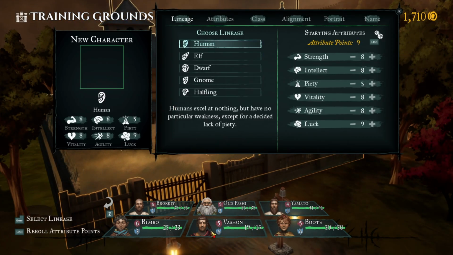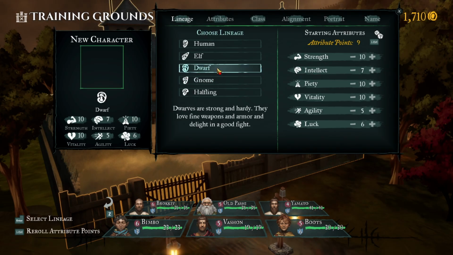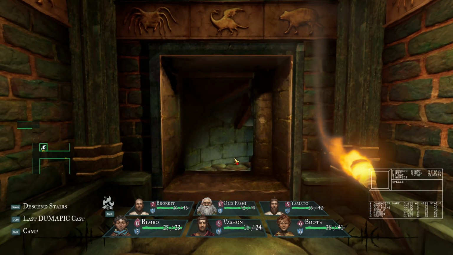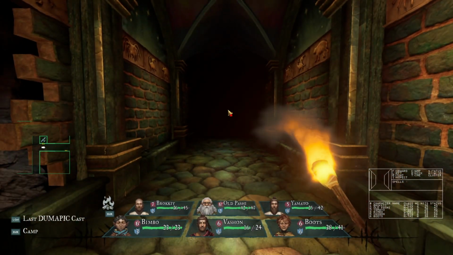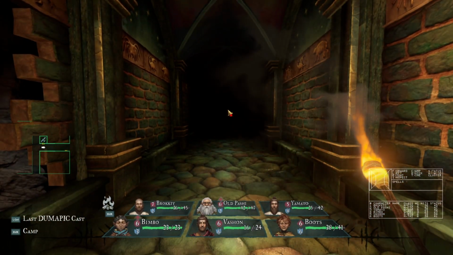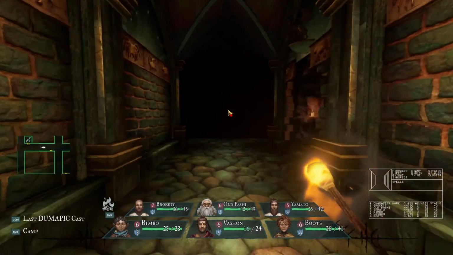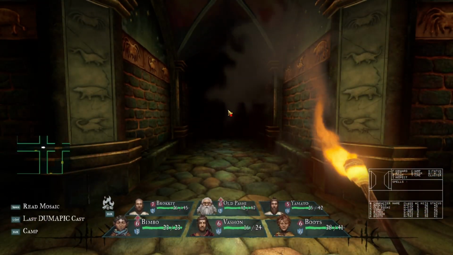You may or may not have money to actually do this though. You may or may not have money to actually revive your people once you get them back to town. Yeah, when you get to your characters, you have to disband your party and have half of your party as the corpses of your old characters and just drag them back to town piecemeal style. I wouldn't know. That's coming up.